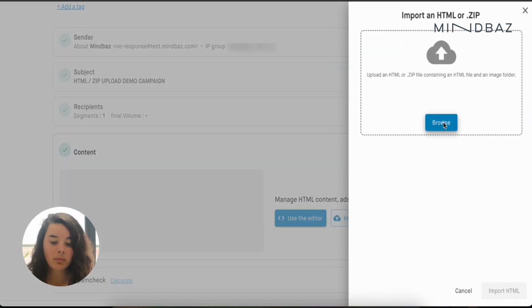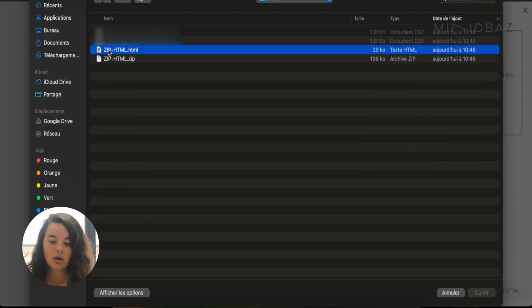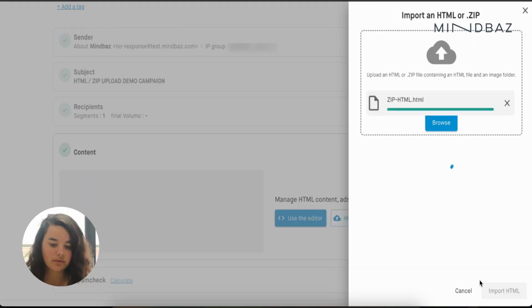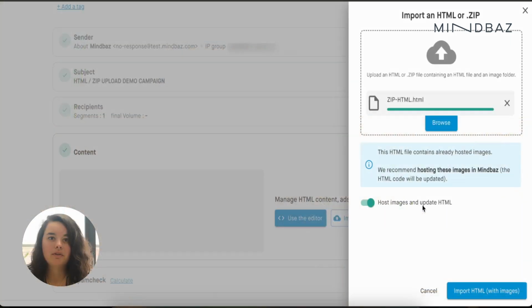If I click on import an HTML or zip file, a panel opens letting me select or drag and drop the file I want to upload. If I import an HTML file that already includes hosted images, Mindbaz will detect them and offer to rehost those images on Mindbaz. This step is important in order to follow email deliverability best practices, so we highly recommend keeping this option enabled. If I import an HTML file where the images aren't hosted, Mindbaz will notify me to upload